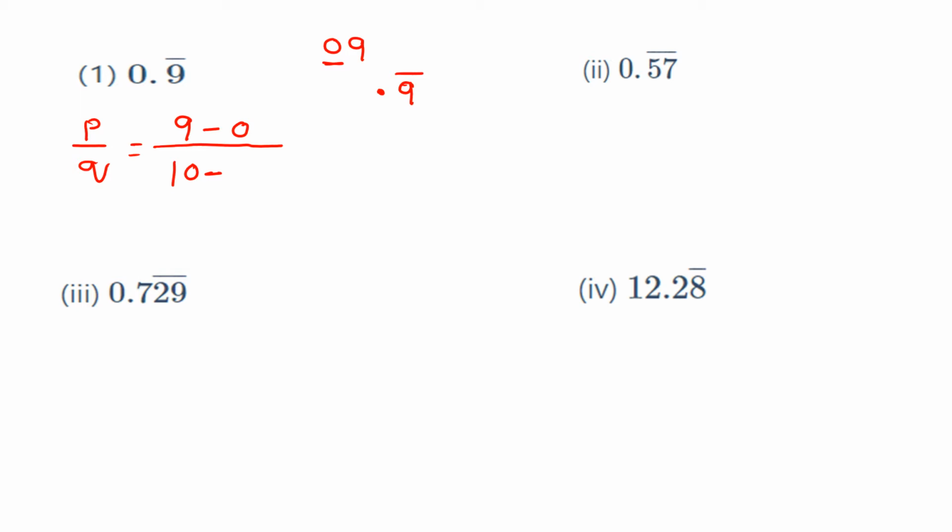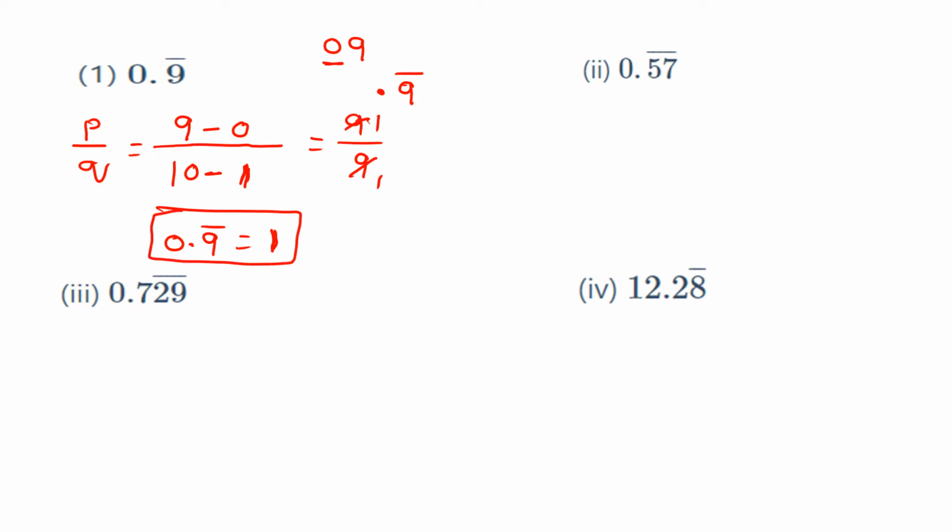So that's why you should take 1. So 1 subtract from the 10. Look at that, that is 9 minus 1, that is 9. 9 minus 0, that is 9. 10 minus 1, that is 9 only. So 9 ones are 9, 9 ones are 9. That's why 0.9 bar we should write it as 1 by 1, that is 1 only. So that value is 1. Like this we can find that.